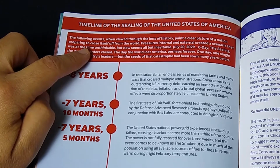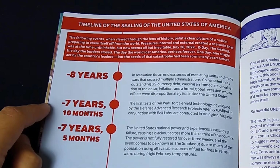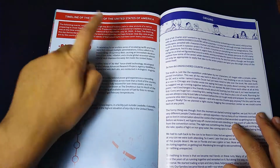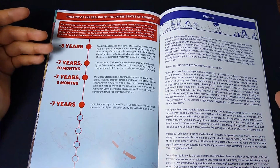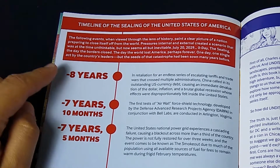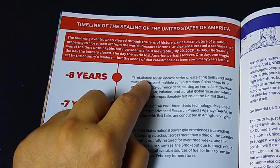The following events, when viewed through the lens of history, paint a clear picture of a nation preparing to close itself off from the world. Pressures, internal and external, created a scenario that was at the time unthinkable, but now seem all but inevitable. July 20th, 2029, Day Zero, the Sealing, the day that the borders closed, the day the world lost America, perhaps